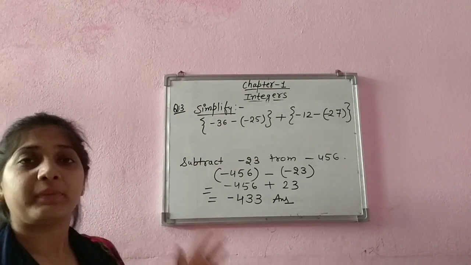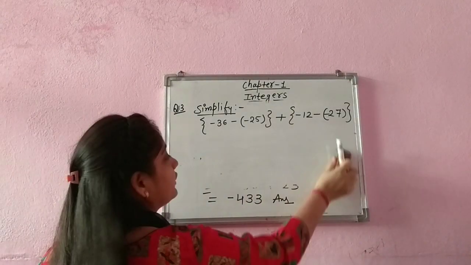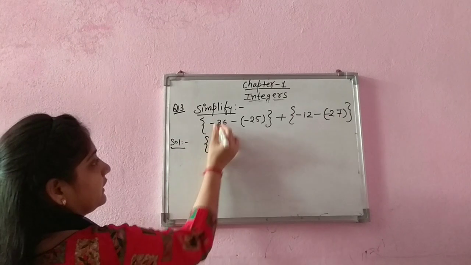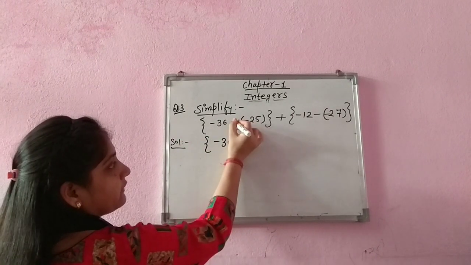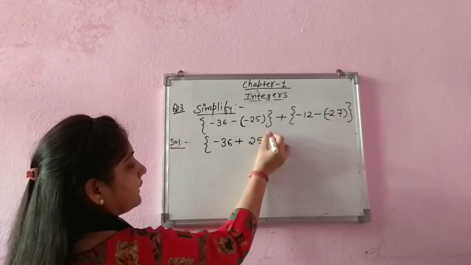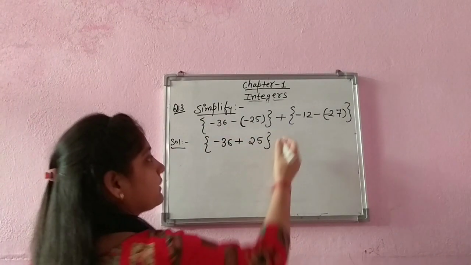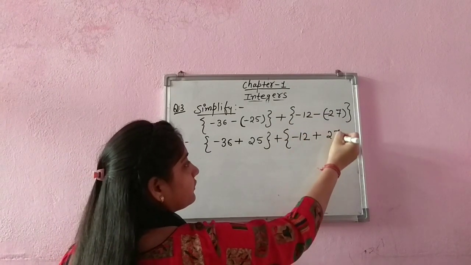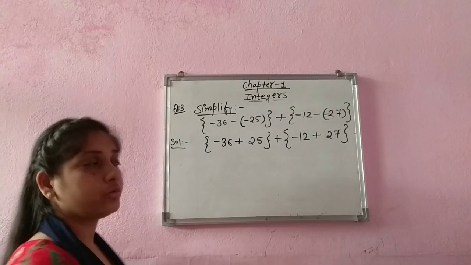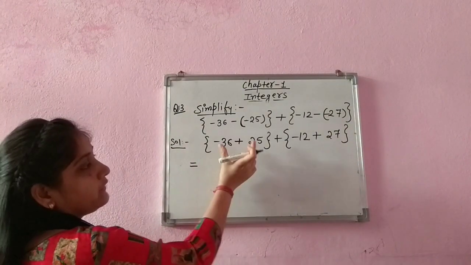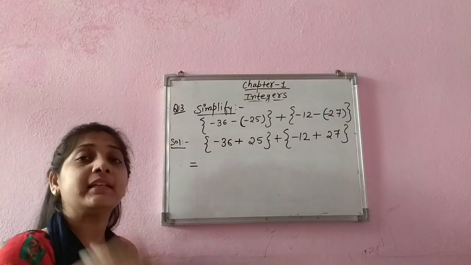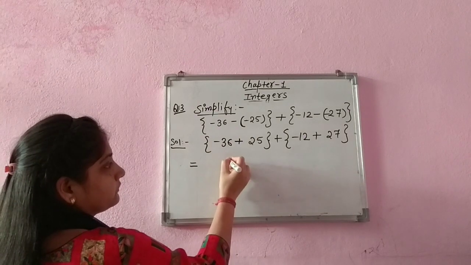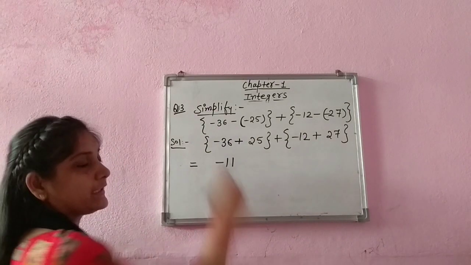So the first rule is to open the small bracket. First we are solving this small bracket. The curly bracket remains as it is. Negative 36. When you open the small bracket, it will become minus minus, plus 25. Similarly, we will solve the next bracket: negative 12, negative negative again positive 27, and the curly bracket closes. Now we have to open the curly bracket. For this, we need to solve the value given inside the curly bracket. Again, different signs, we have to subtract, and with a negative sign because 36 is bigger.